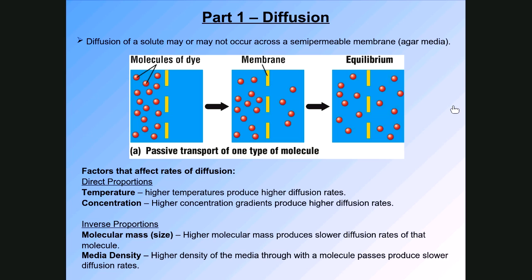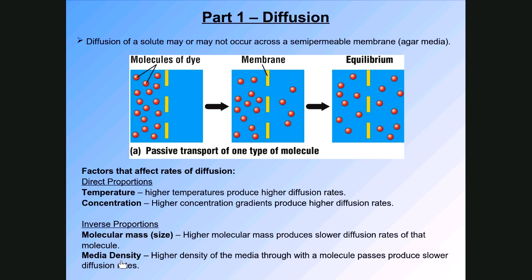Therefore, the pores in the gel, which is functioning as our membrane, are smaller. So here it says media density. The higher the density of the media, in other words, the more agar or agarose we use to make the gel, the smaller the pores, therefore the molecules have a harder time moving through those smaller pores, so it slows